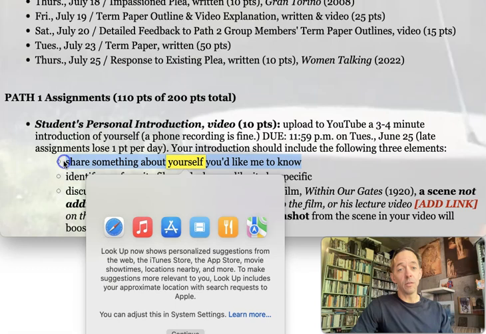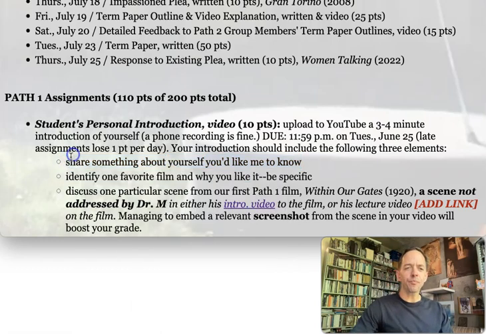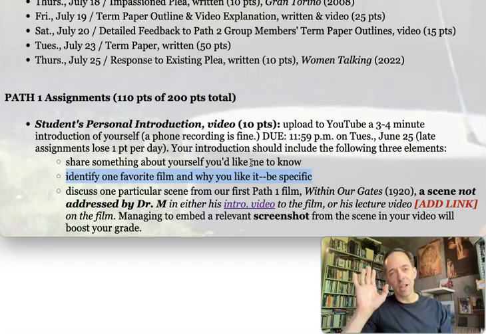I really, really prefer meeting students in person and getting to know them a bit. So if we were to meet, what would you like me to know as your professor? You can be as personal as you like, or as general as you like. Well, I won't say that. Don't be general in anything that you do in this class.